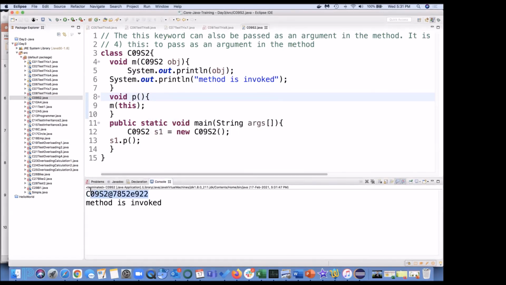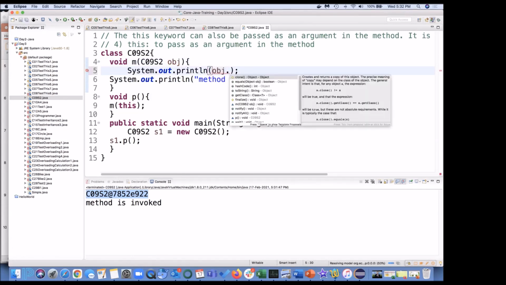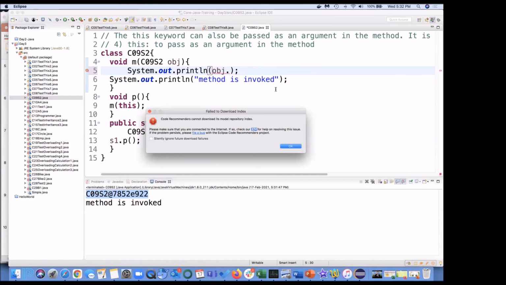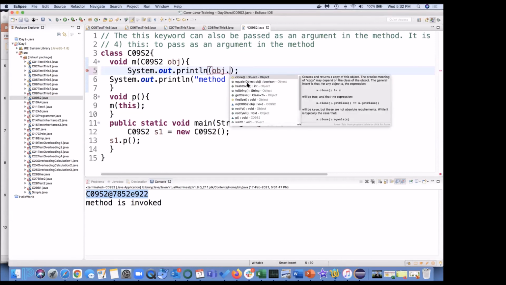So you can see it is displaying the object here, and from this object, can I get something else? Object dot get class.